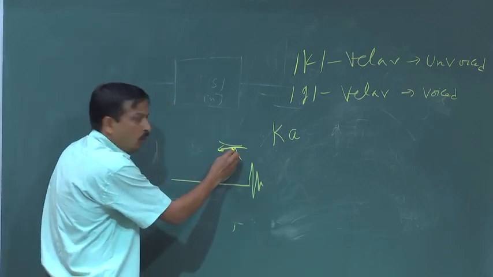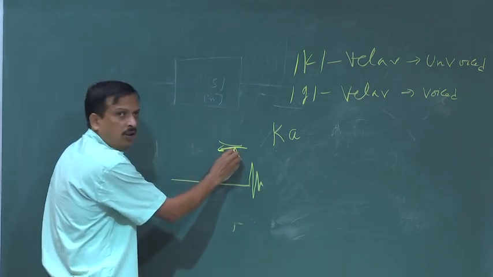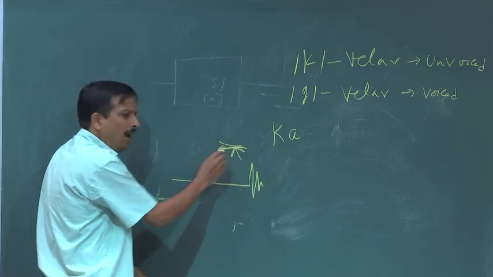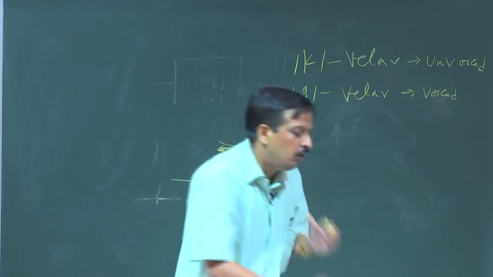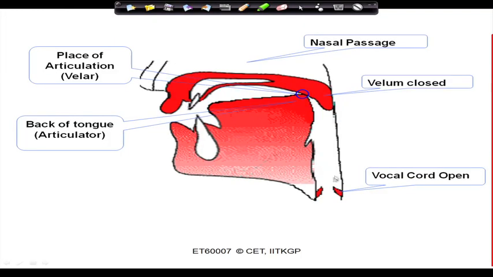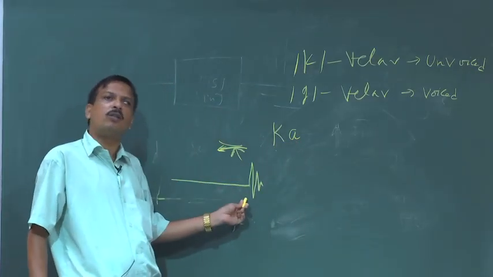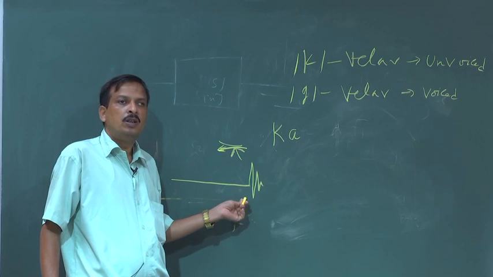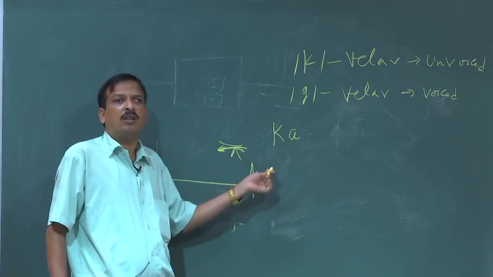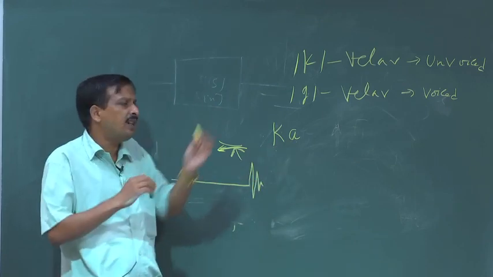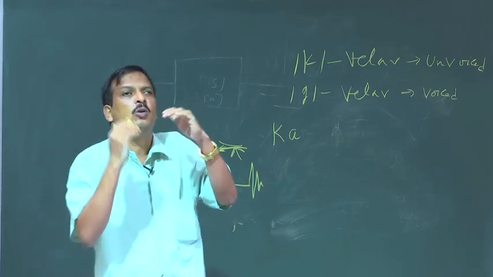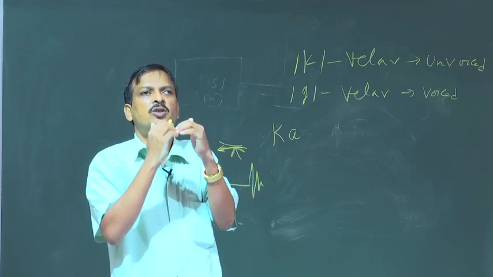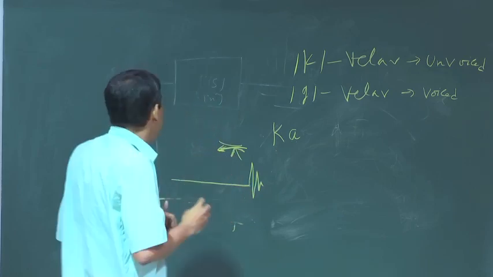So, the tube constriction is released, but I have to produce a. So, there is a requirement: the vocal cord has to be closed for the production of a. If I want to close the vocal cords, there is a synchronization problem between the articulator closing and release and the vocal cord closing and release. So, there will be a time gap. So, if I draw a state diagram,